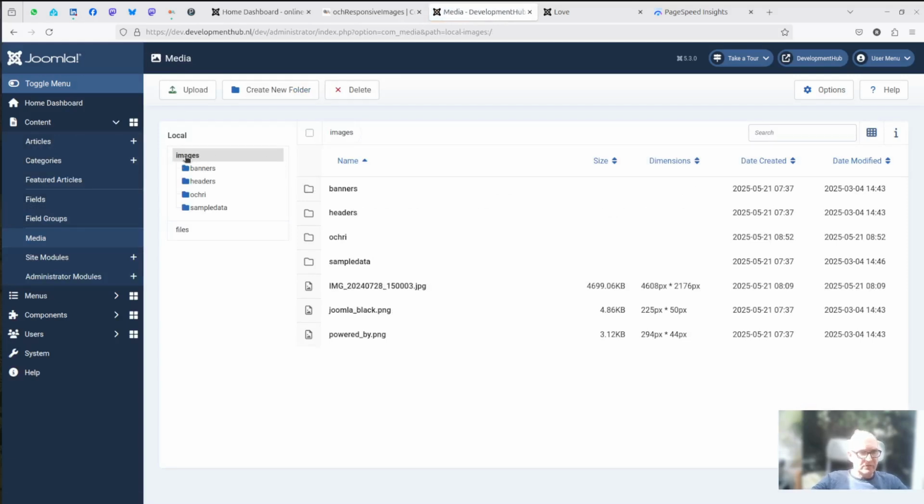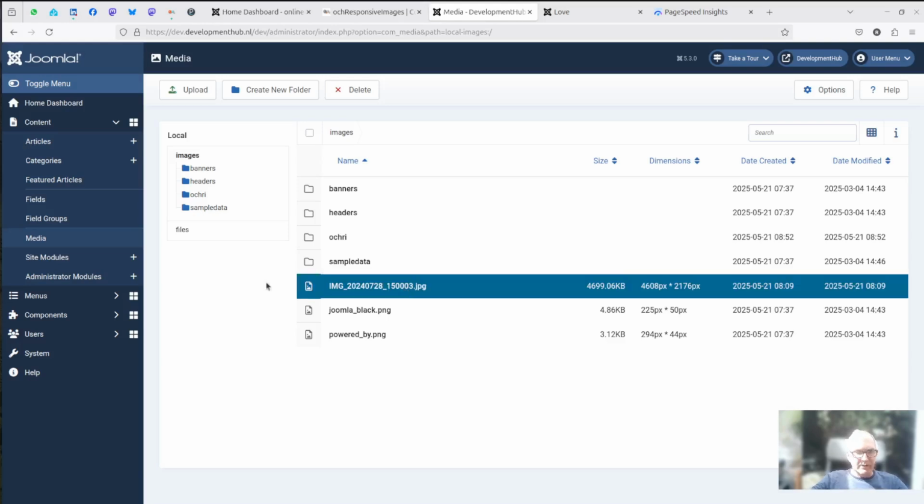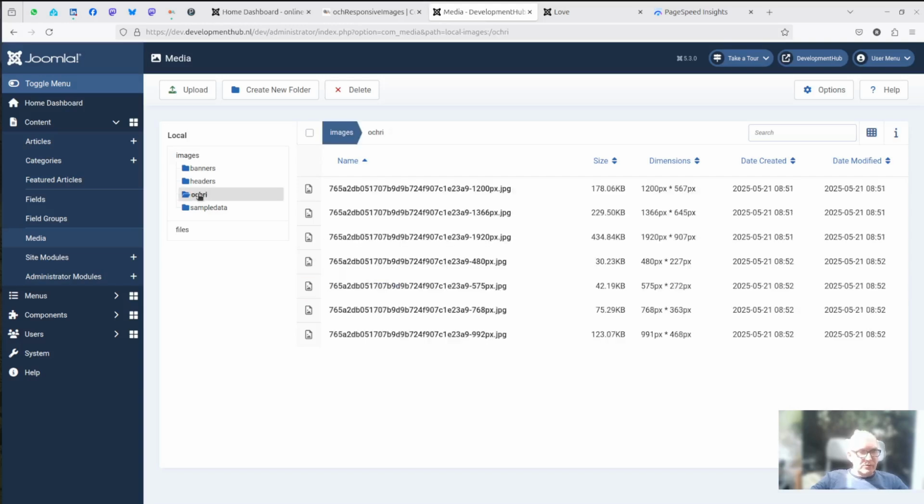Okay, in the images folder here we have the original images, 4.6 megabytes, and the OCH responsive images folder where the cached images are. And here you see that for every breakpoint that I've configured, it created a separate optimized JPEG image, which is only a fraction of the original image.